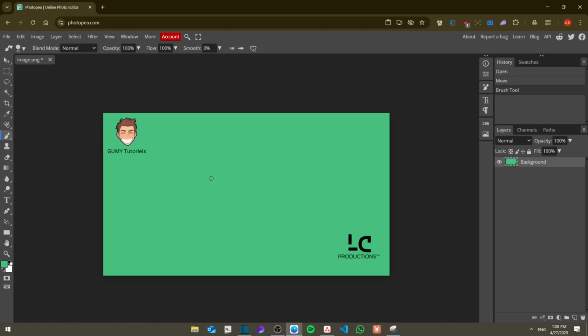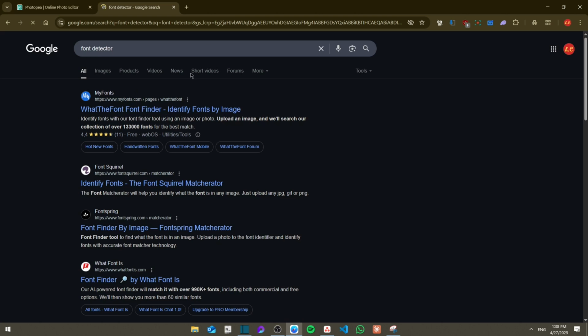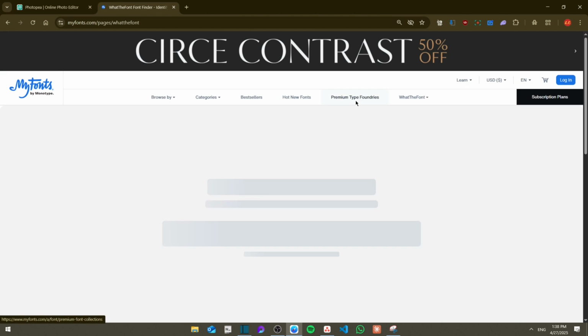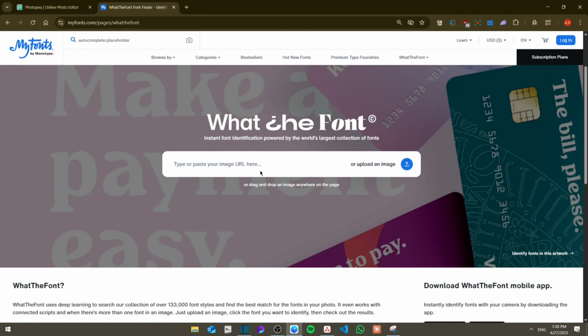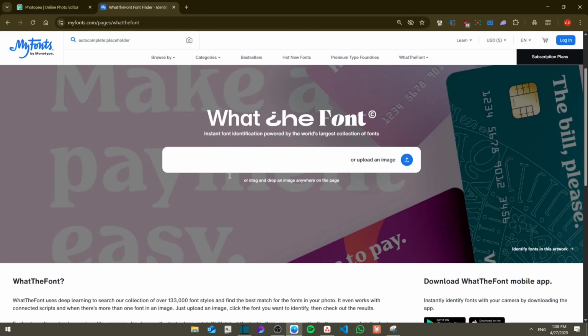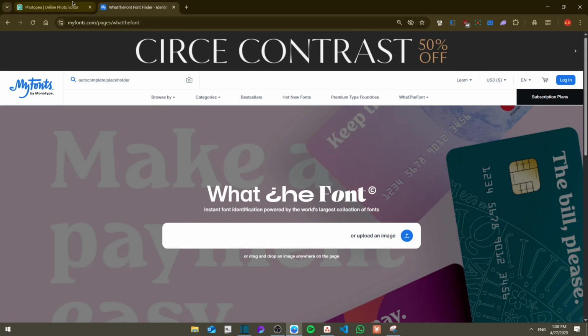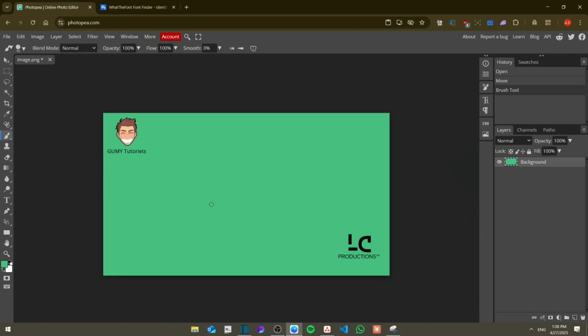So for this one, it was clear that it was Arial, but in other cases, you can screenshot it and then go to a website that is a font detector like this one. And then from here, you can select whichever image that you have, paste it, and it will tell you which font it is. And then from here, you can use a similar font from here,